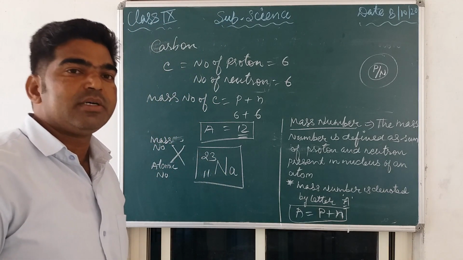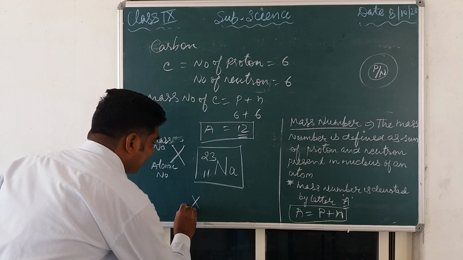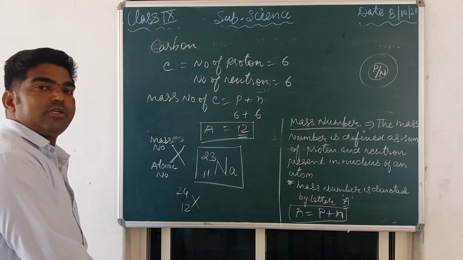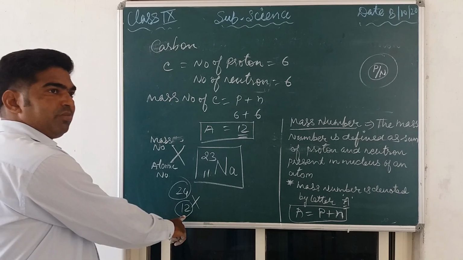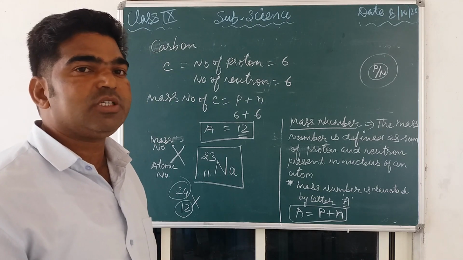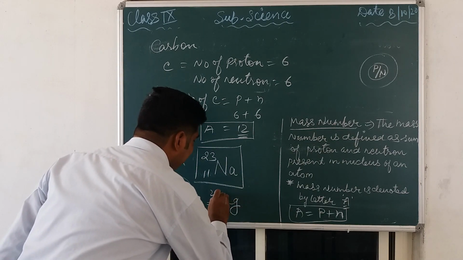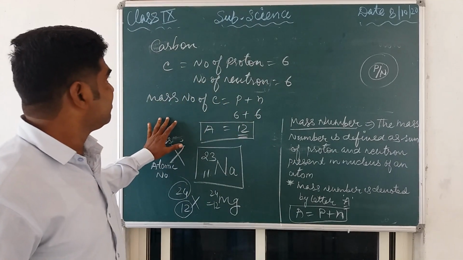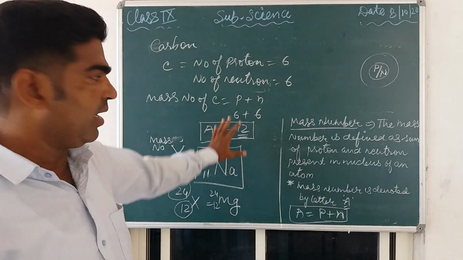Okay, so in exams, generally a question is given with some element X written like this, 12 and 24. You should already understand that this is the atomic number and this is the mass number. So the atomic number of X is 12. 12 is the atomic number of what? Magnesium. So this X is magnesium, 12 and 24. In this way, these two important topics, mass number and atomic number, are over.